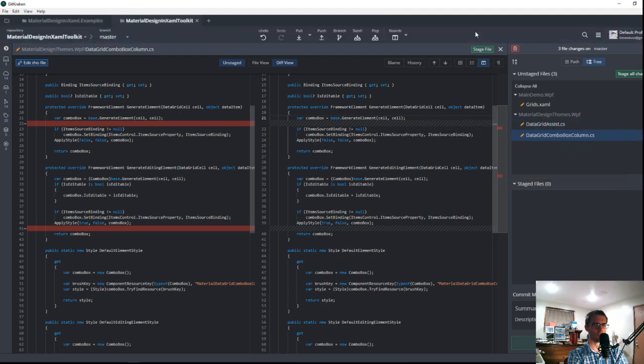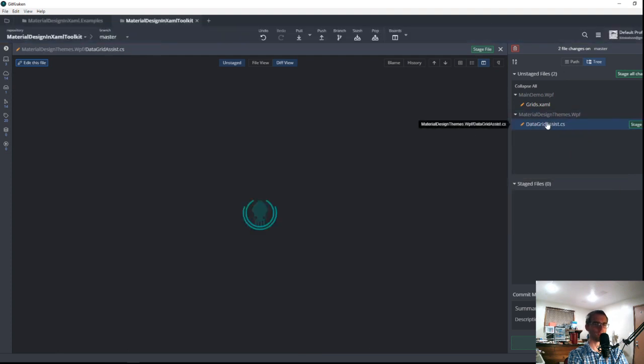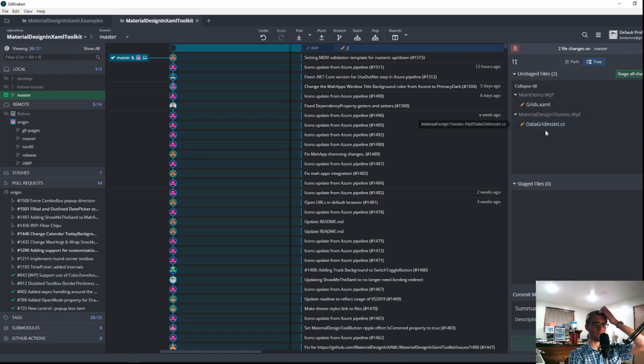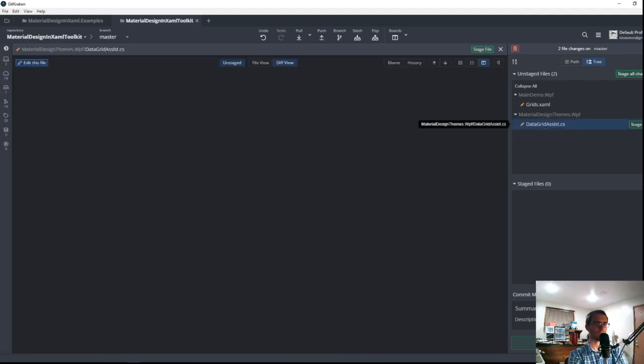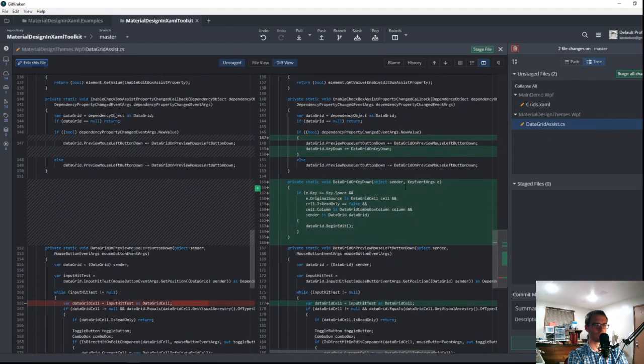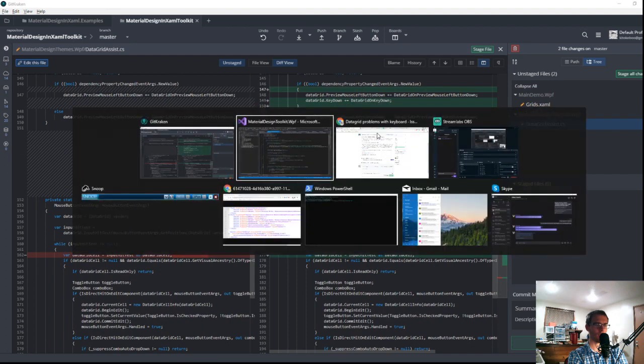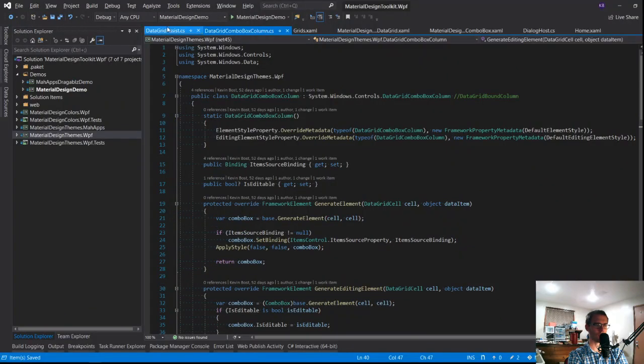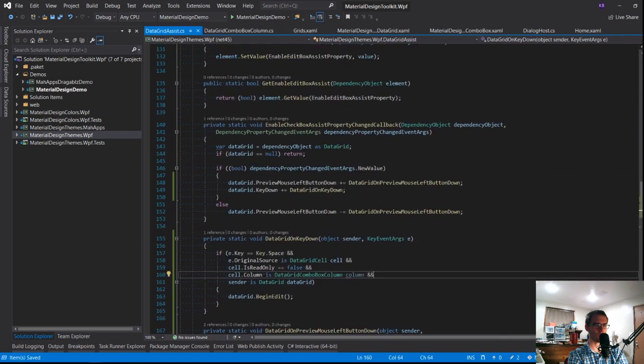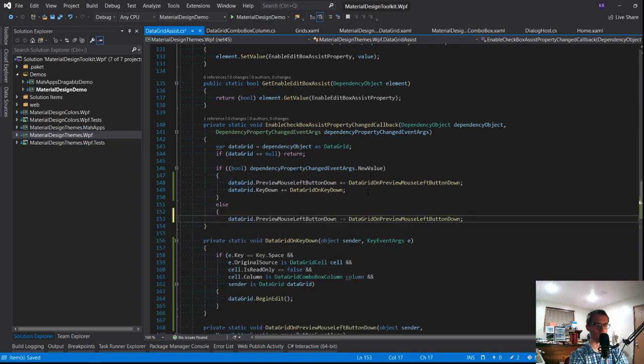Go ahead and throw those away. DataGridAssist. This is where we actually should have the fix. So it's going to watch this. But we forgot to do the key down stuff. So let's deal with that real quick, and then we'll do one last test. So we register for the event. We need to make sure to properly unregister for the event.